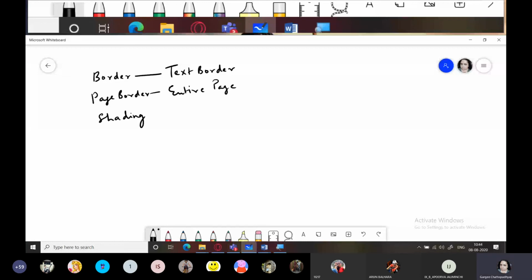And shading is for coloring paragraph text background. Border option will be used to change the border of text. Page border will be used to change the border of the entire page. And shading will be used to change the color of the text. So let us understand this quickly.